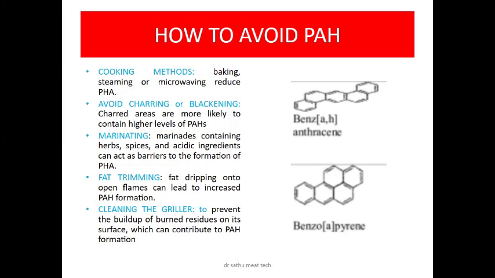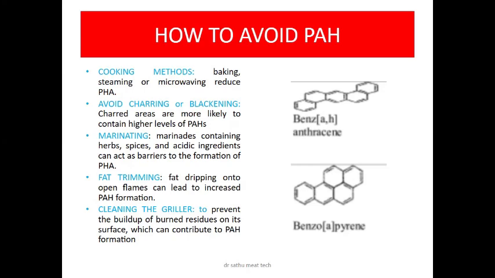Marination also helps to reduce the formation of polycyclic aromatic hydrocarbons, because marinades containing herbs, spices, and acidic ingredients can act as a barrier to their formation. Fat trimmings: sometimes when we do smoking, the fat drips onto the open flames. That can also lead to increased polycyclic aromatic compound formation. So fat should be trimmed off so that fat drippings do not take place much, because when the fat falls directly into the smoke, there is more chance for formation of these polycyclic